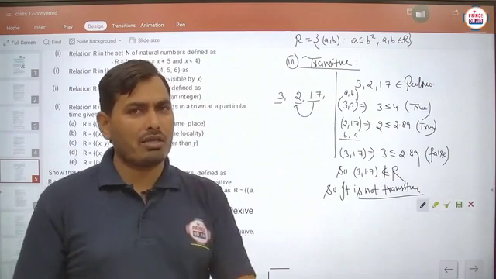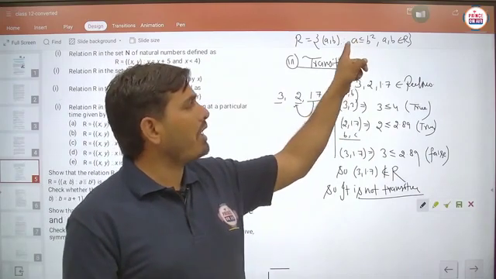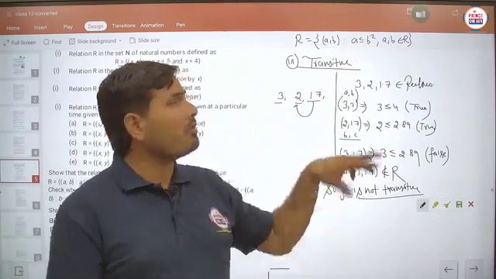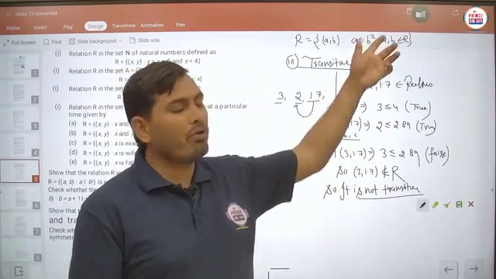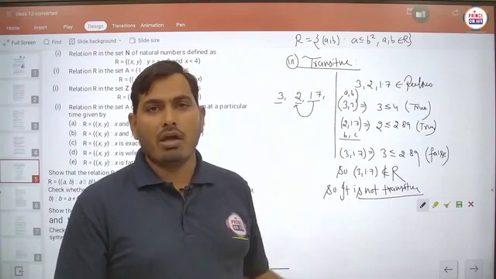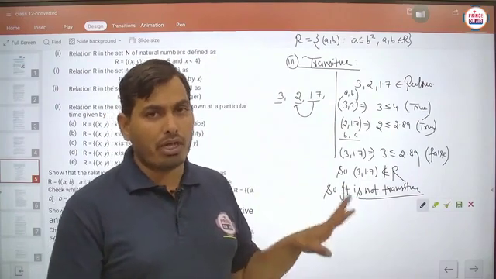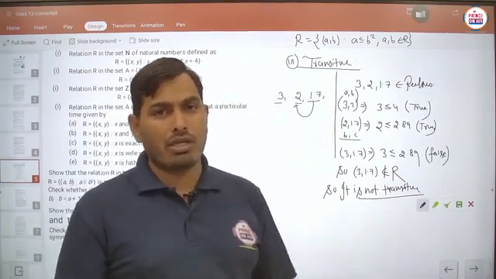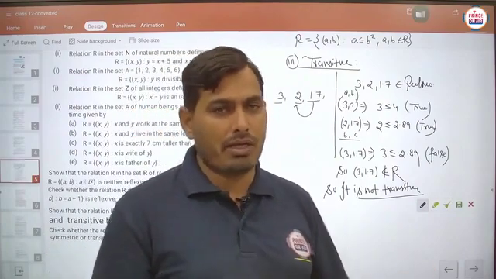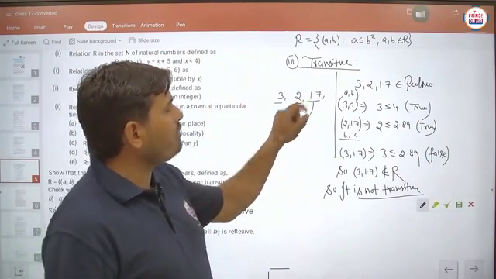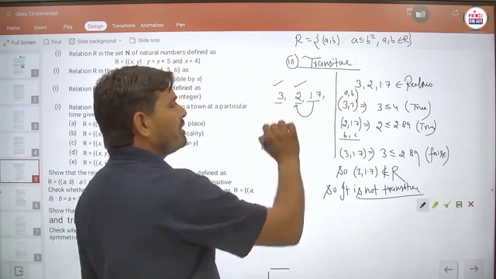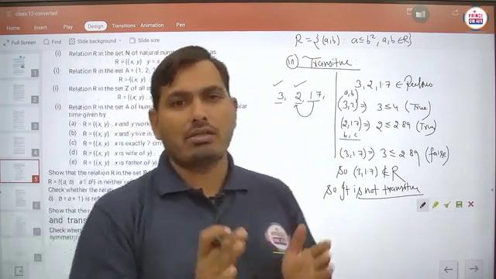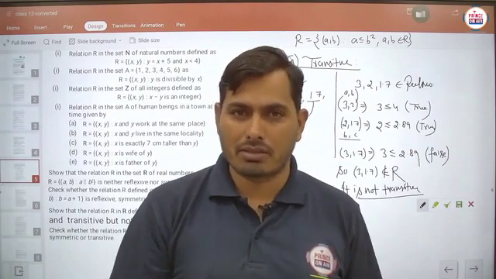Why are we taking the square? Because here in the relation, a is less than or equal to b square. Suppose sometimes the cube is to be there, then we have to take the cube. Suppose sometimes power 4 is to be taken, then we have to do the power 4 of that number. So according to the given relation, we are just doing the squaring, cubing like this. Is it to be clear? So the square of this number will be larger than this number, but smaller than this number. So in such a way we are taking the three numbers. Is it to be clear?